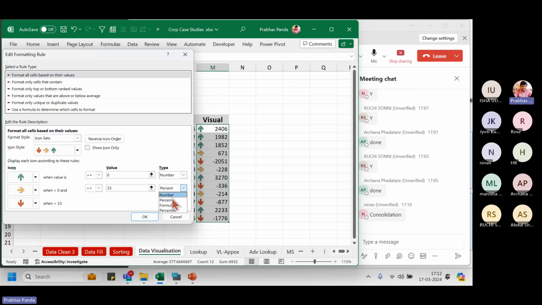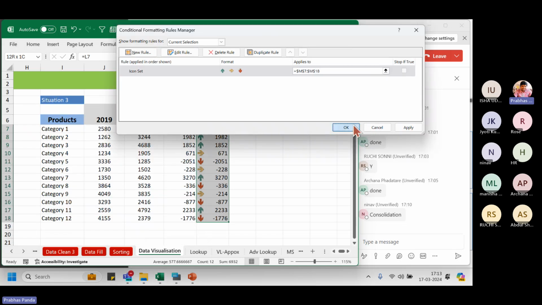Now, once you change this number, you can see the very first rule. It says that the green color icon will be applied when value is greater than equal to 0. We don't want greater than equal to 0. It should be only greater than. And the rest of the rules, Excel is smart enough to understand and it will set it for us. We don't need to go and keep on changing the same. Now, once this is done, go to this show icon only. The option is not activated. You can activate that. And then once you click OK, again click OK, you'll be finding